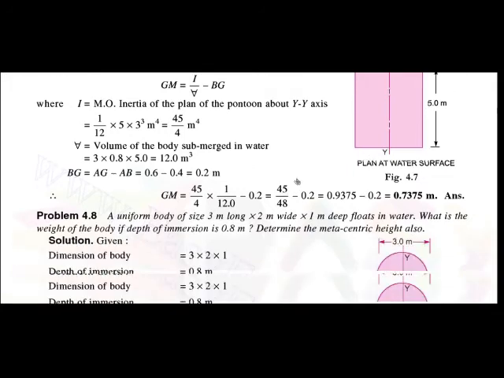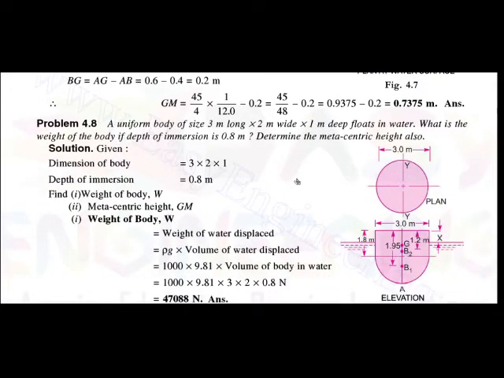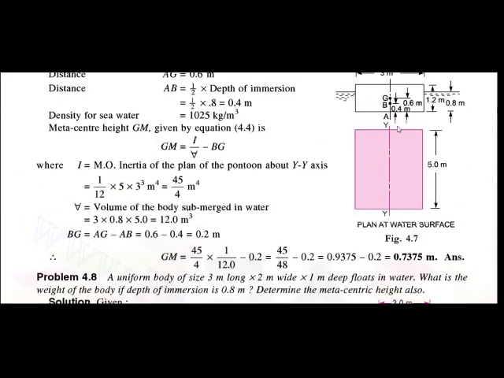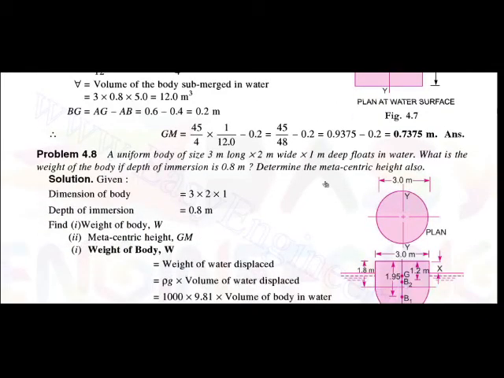Now we will see one more problem in the figure. In the first example we have seen a rectangular shape immersed into the liquid. Now we will see a circular body immersed in the liquid. So here the problem statement is a uniform body of size 3 meter long, 2 meter wide and 1 meter deep,